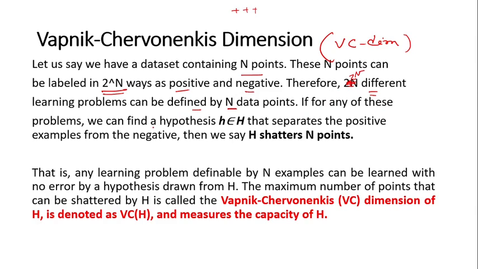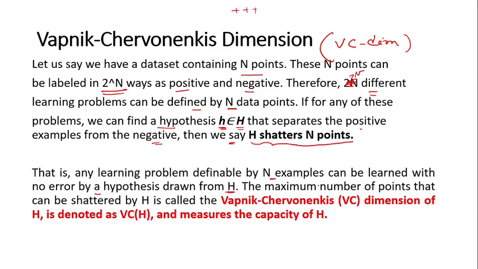If for any of these problems we can find a hypothesis h, small h belonging to capital H, that separates the positive examples from the negative examples, then we say H, capital H, shatters n points, okay? Shatters, distinguishes. That is, any learning problem definable by n examples can be learned with no error. So that will be like a pure shattering of positive and negative examples with no error by a hypothesis drawn